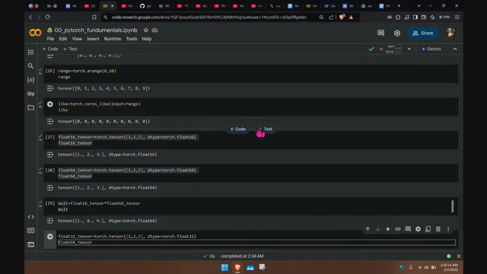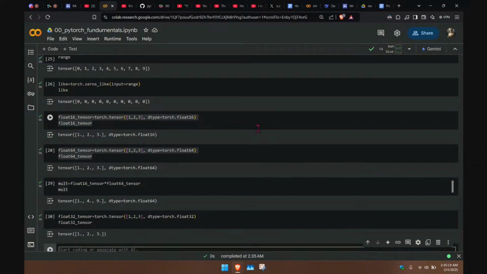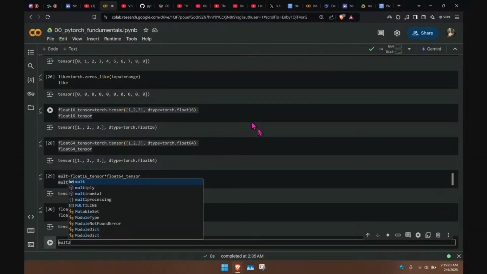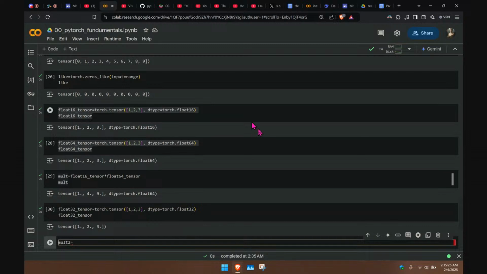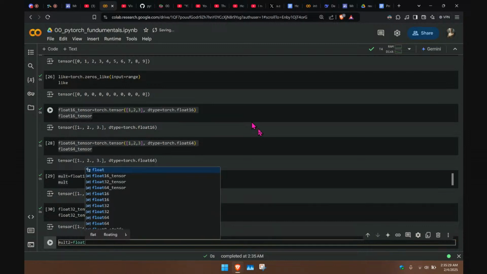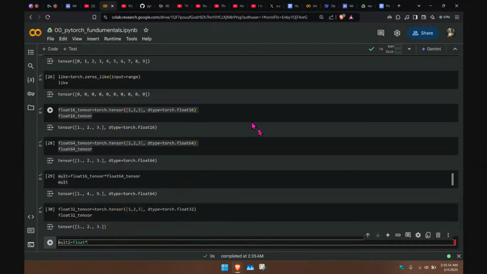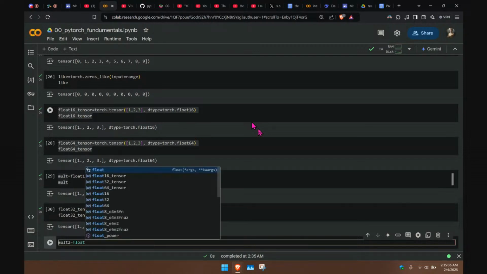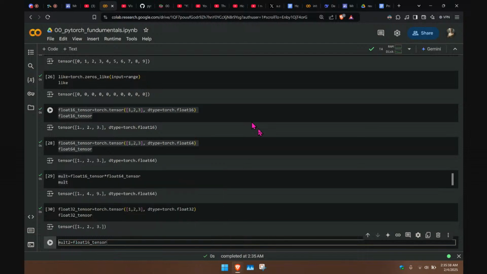And then let's multiply, like he said: mul2 is equal to float16 tensor. No, it doesn't autocomplete. Float16 tensor multiplied by